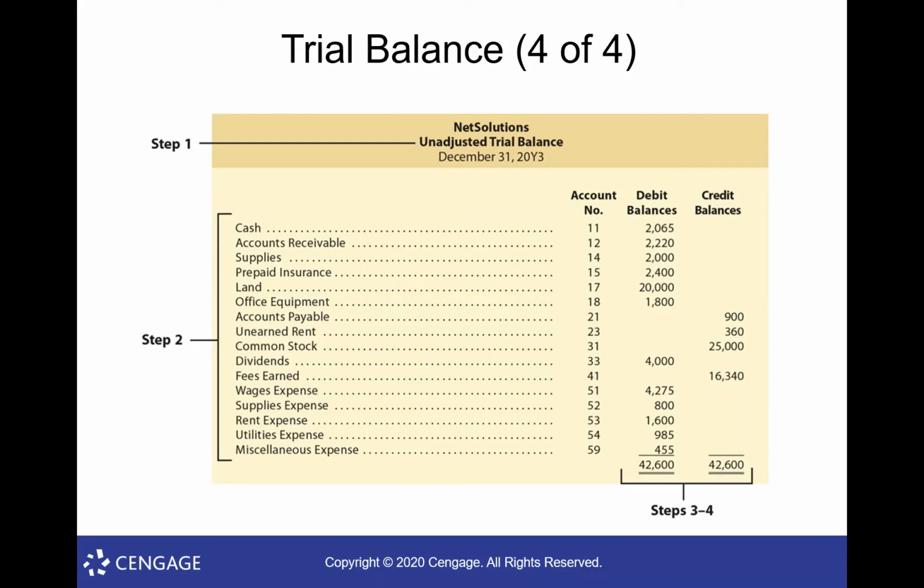So they're always in this order, okay? Assets listed first, followed by liabilities, followed by stockholders' equity, then the dividends account, then revenues, then expenses. Always in that order. And if you think about that, I call that financial statement order. Okay, we have our